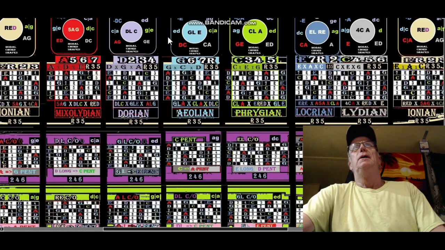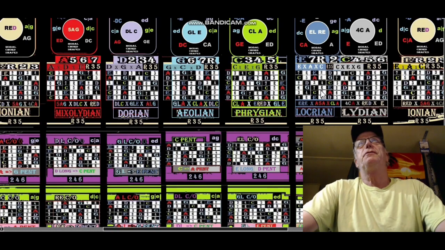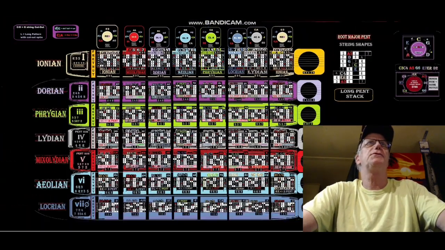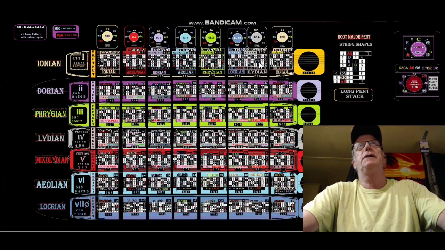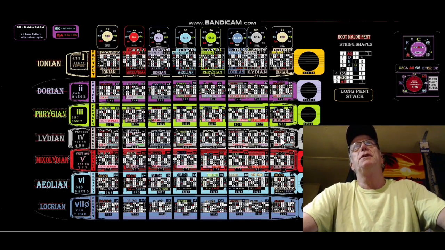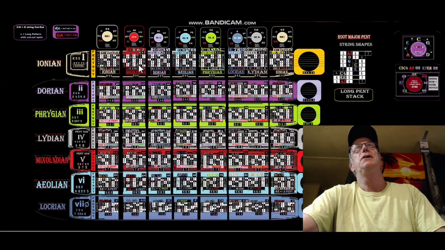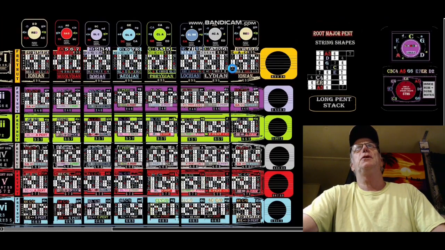So we just continue the fretboard on, and we end up with 7 times 7 squares here, plus 8 times 7, right? 56. But these are duplications. The reason the Ionian column is shown here is because you want to see its relation to the Lydian here. We also want to see its relation to the Mixolydian. So right here, again, if you go to the left,